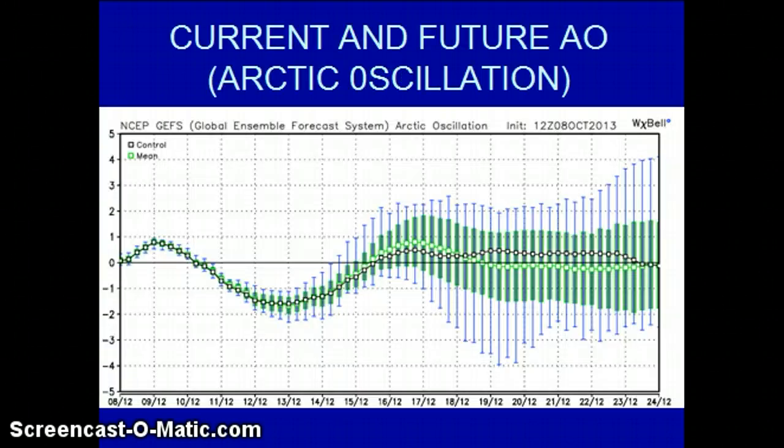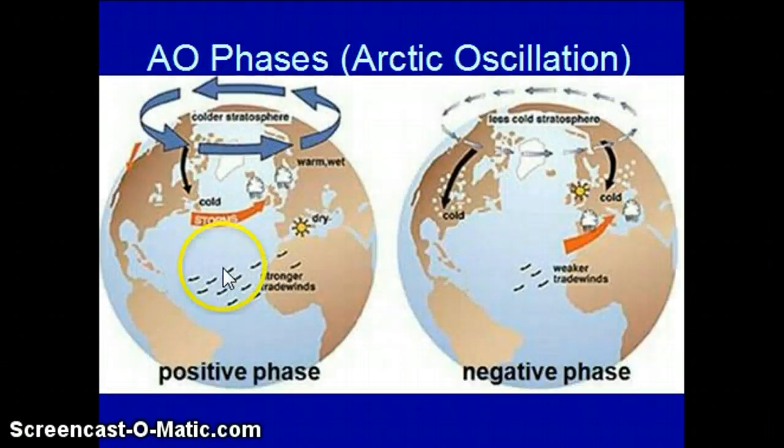Starting off with the Arctic Oscillation, the AO. It is slightly negative to almost neutral, and in those conditions, which I'm forecasting for the winter, for it to be negative, I would expect colder conditions in the east. And if it wasn't negative and it would be positive, there would just be warming in the eastern United States. What this does is when it's more negative, the colder the United States is, especially in the east, and the more positive it is, the less the cold air reaches the United States and stays up in Canada and more northern areas than that.